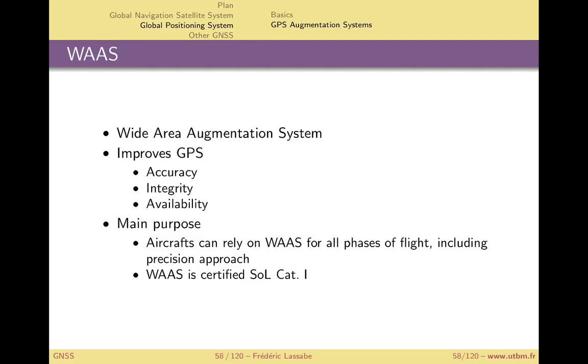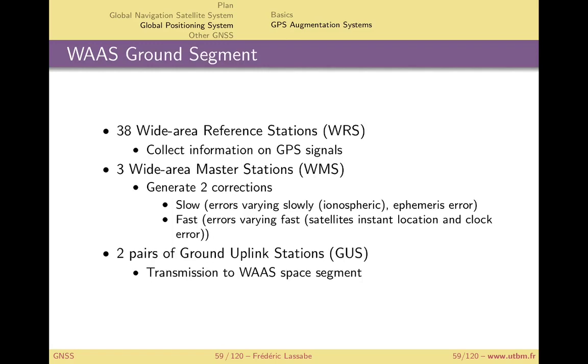So for that it is required that WAAS is certified safety of life category 3. Today it's only category 1, but it's already providing a lot of good services to the aviation. So the WAAS current segment is 38 wide area reference stations which collect information on the GPS signals within the